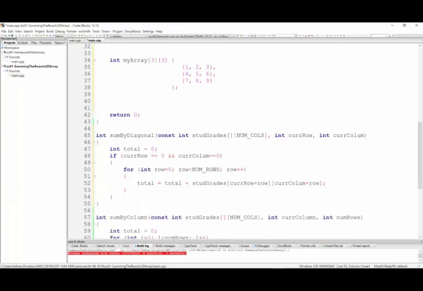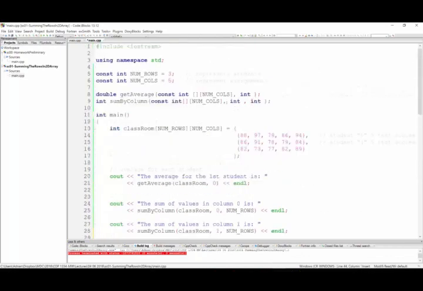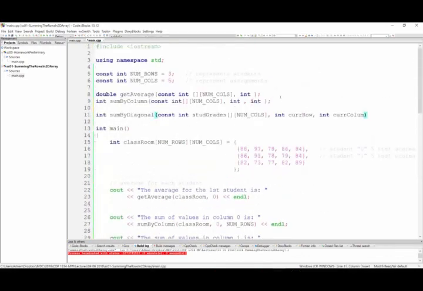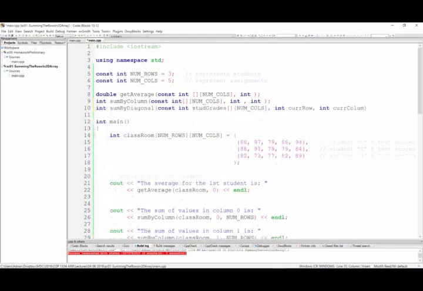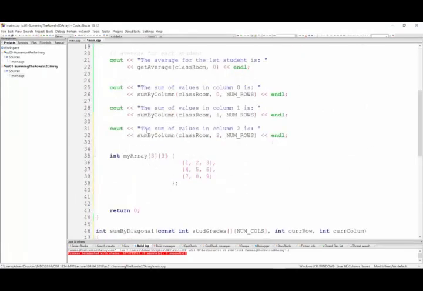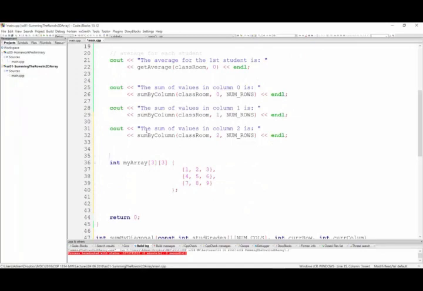So anyway, let's see. Let's call this function. Let's see if I get 15. So I'm going to put it here, and we're going to have to expand it. But I think now you have most of what you need for your homework. So, and let's do here cout and let's do the sum by diagonal is,